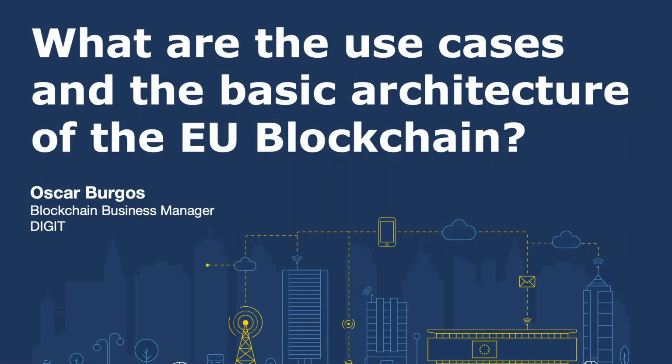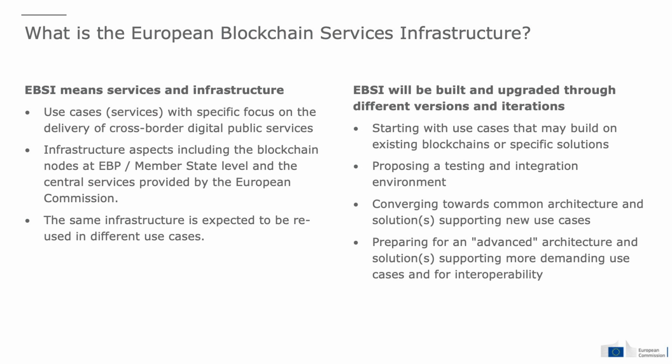So what is European blockchain services infrastructure? I would like to highlight two main ideas. The first one is that EBSI means infrastructure but also services. And the second is that it's being built iteratively. And this is where this pre-commercial procurement process about to be launched can definitely help in making it a better